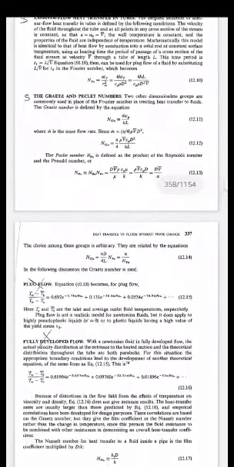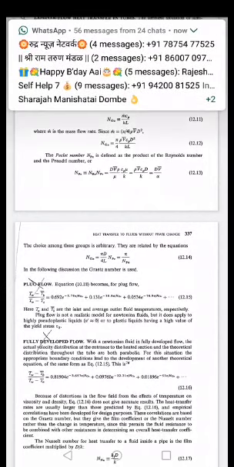Accordingly, the Graetz number, along with the Peclet number, the Graetz number we can also correlate with the Peclet number, which can be defined as